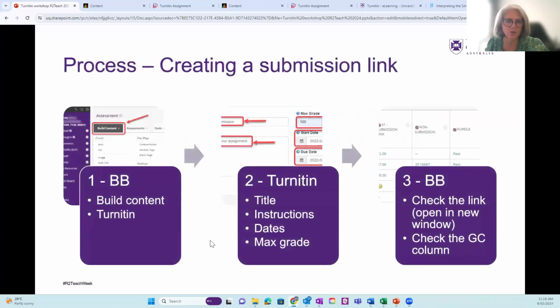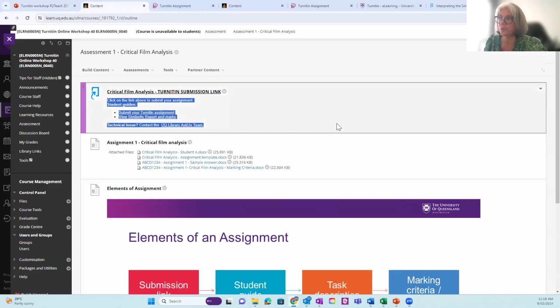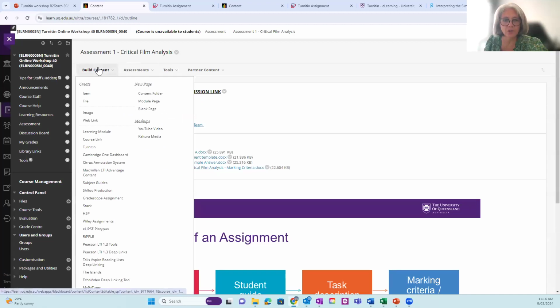So it basically goes like this. Build content, choose Turnitin. We'll jump into Turnitin. We'll do all the settings. Then thirdly, we'll come back to Blackboard, check that the link opens in a new window. We'll check Grade Center and we'll fill in that description field as well. Okay, here we go. So build content,